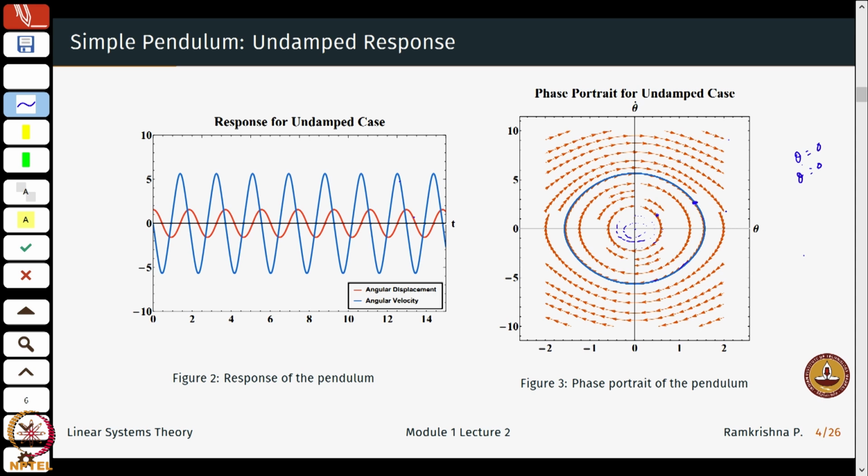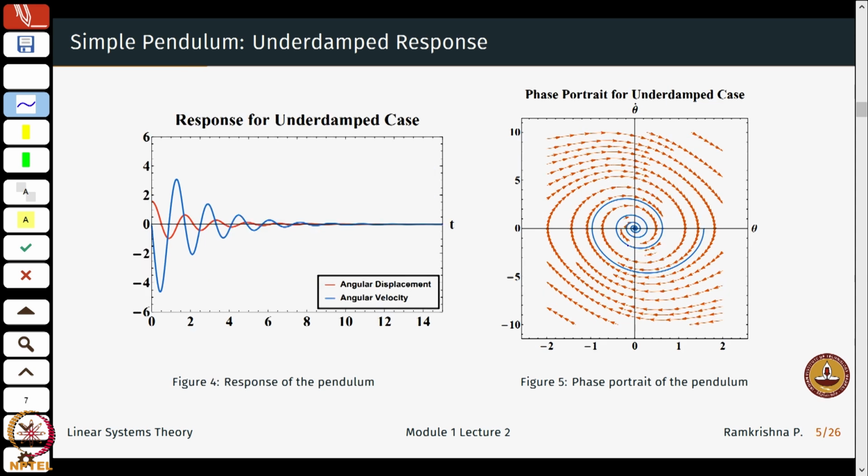So I am just plotting theta versus theta dot in the case of what we call an undamped system. I just have my phase portrait following some closed orbits. Okay. If the system is underdamped, I know that I start from an initial condition and my oscillations will die out as time evolves, and then I will go to a steady state of theta is 0 and theta dot is 0. So assuming I start at an initial condition here, I will slowly spiral to the origin here.